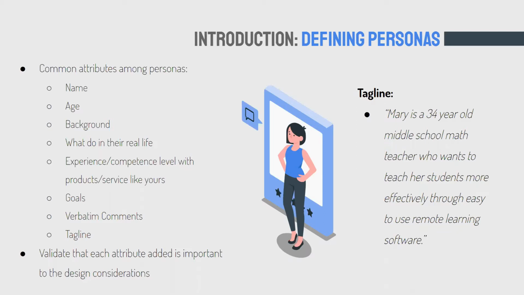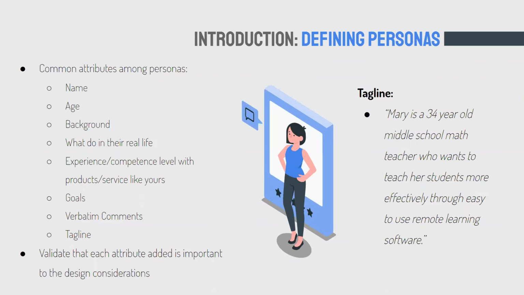So one thing too I'll say is that a lot of times in order to help flesh out personas and make them feel more realistic, in addition to using qualitative and quantitative data that you pull from studies or market research that you've done, it really helps to just add a tagline or add a verbatim comment to a certain user type, a certain group, a certain persona, and actually have that real feedback and real quote coming from your users. It's a lot more compelling, it's a lot more identifiable and realistic, not just in the abstract, but when